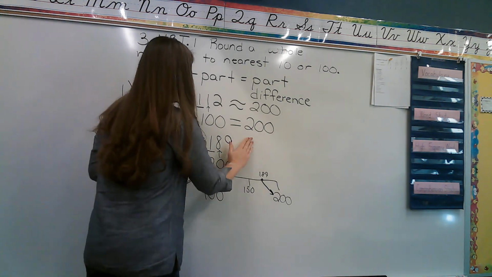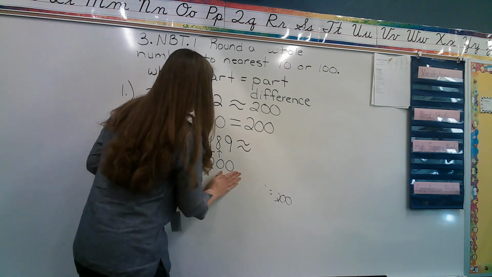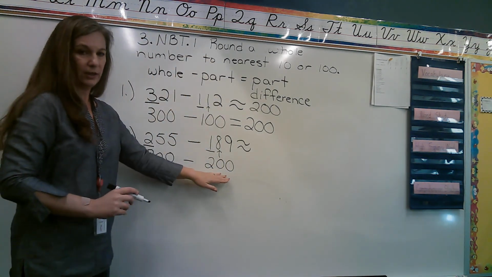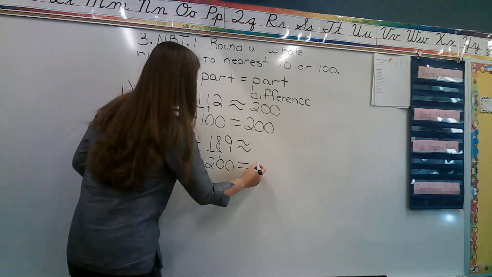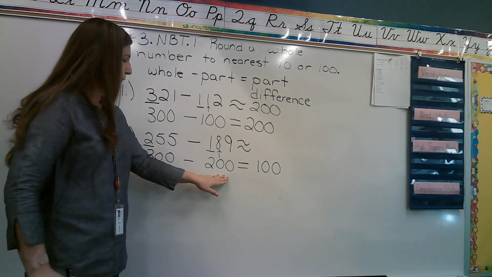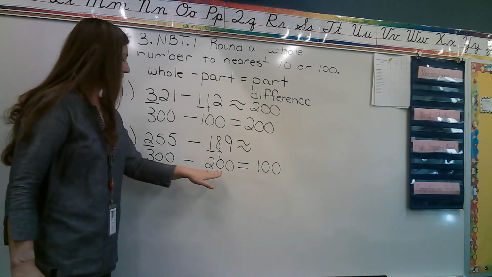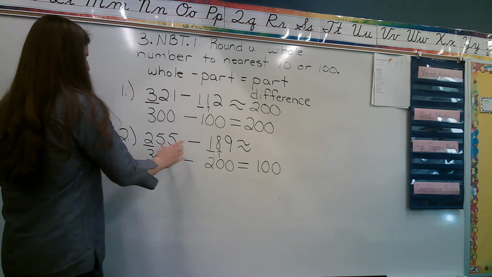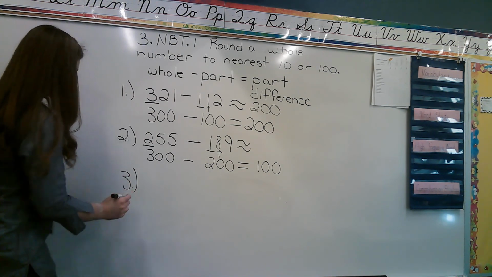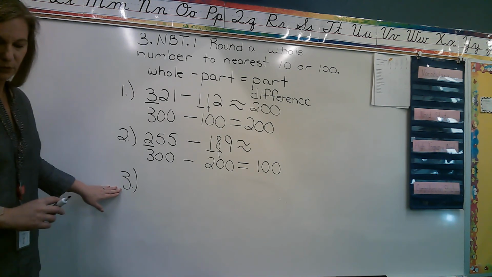So when I round and then I subtract 300 minus 200, I'm going to get 100. So there are about 100 between 300 and 200. So we're going to go to the next group of questions and think about number 3,